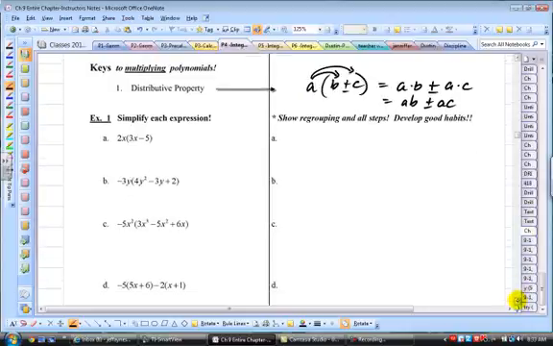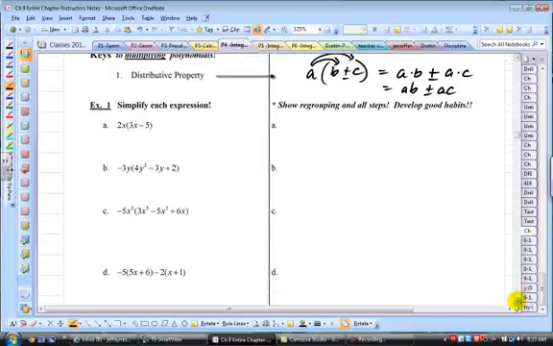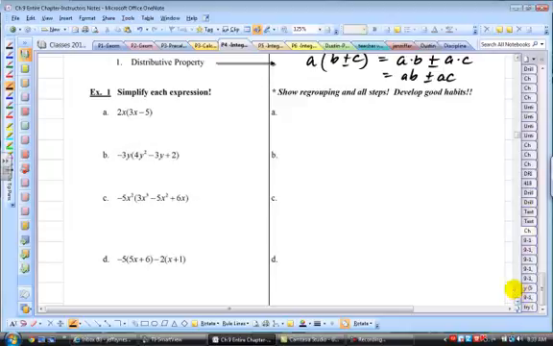So let's go through a series of examples, get a lot of practice and reinforce some of the material we learned before. We're going to take our first term, the 2x, and distribute it through a couple times. So a here is 2x. So 2x times my first term, 3x, minus 2x times the 5. So I distribute it twice, and now all you do is regroup and multiply. So 2 times 3 times x minus 2 times 5